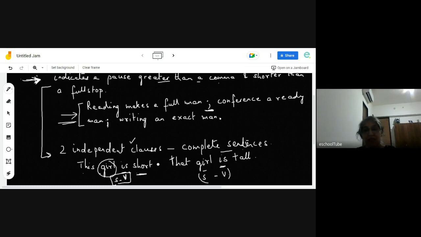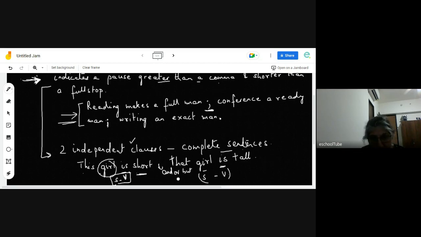So this girl is short. That girl is tall. Now we could also say this girl is short, but that girl is tall. Or we could say this girl is short and that girl is tall, right? But in which case we would not use any other punctuation mark. We would just use 'and', or we could have used 'but', okay? Because these are contradicting, short and tall. But if we don't want to use any conjunctions, we can also use,